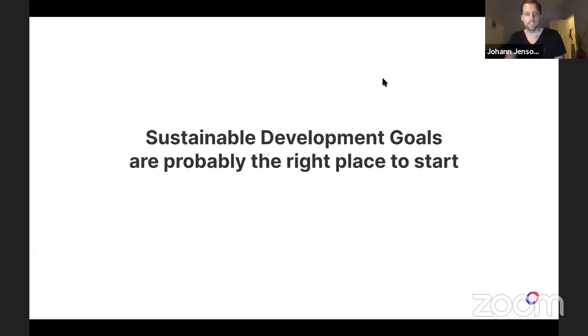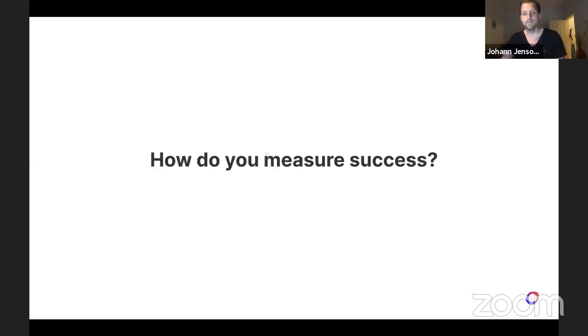So then what are sustainability objectives? I think the best place to start is from the SDGs, the Sustainable Development Goals. It's a global agreed, if we're thinking in terms of OKRs, this is like the global OKRs. So it's a good place to start. And the way that they're set up, which I'll get into in a minute, makes a lot of sense and can be nicely integrated into your product management.